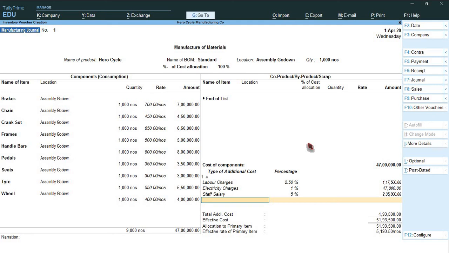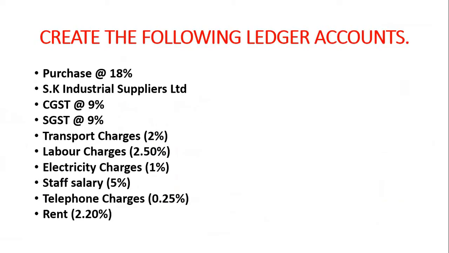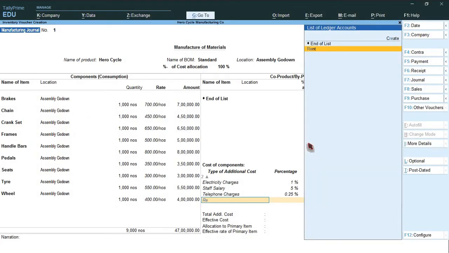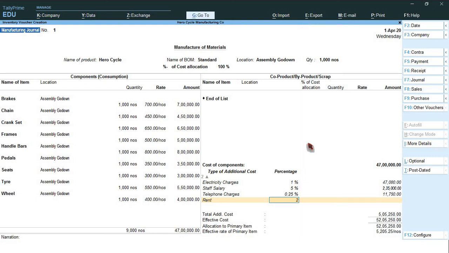Telephone charges 0.25%. Rent 2.20%. Okay friends, see here 47 lakh. So total additional cost.